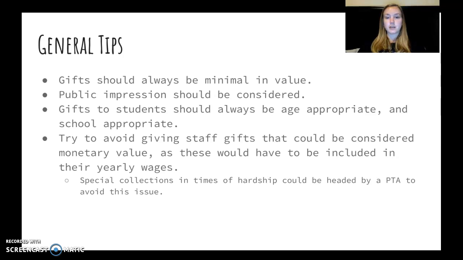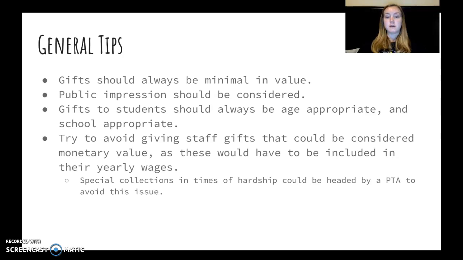This is actually happening right now in Kansas City. There's a school district that's giving out attendance awards, and they're a couple $100s, I think, to students. And some people are saying that's an improper use of district funding. So that's a current debate that's going on in one of the Kansas City districts right now. Public impression on funding for gifts is definitely something that principals need to be aware of when they're deciding what gifts they'd like to give.